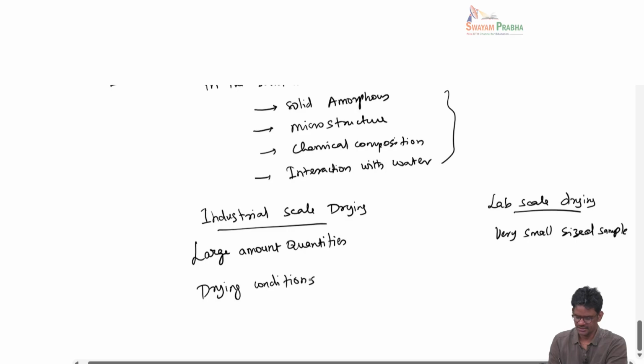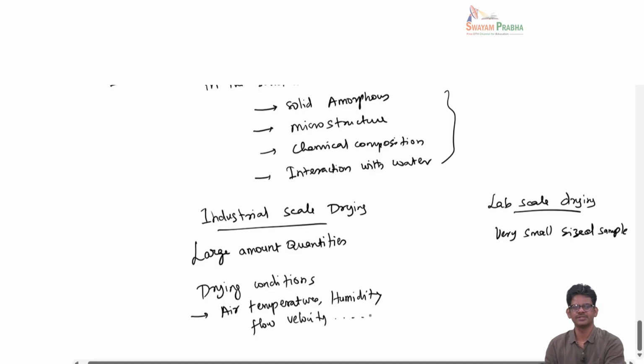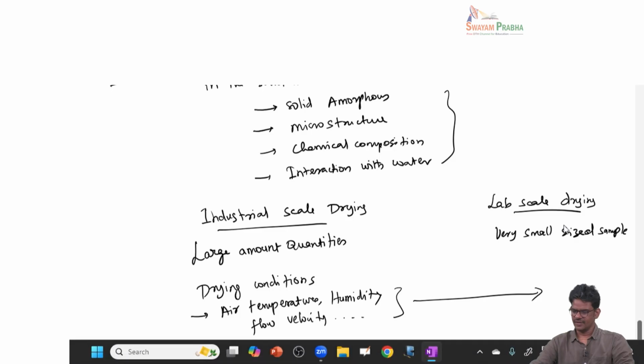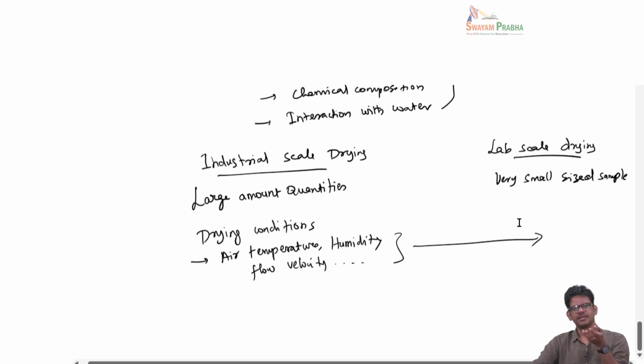When I say drying conditions, I mean what is the air temperature that I am going to circulate, what is the humidity, what is the flow velocity, etc. Okay, so these are all drying conditions, and I want to maintain the same condition in the lab scale drying also. So by taking a very small sample and then you put the sample in a weighing balance,